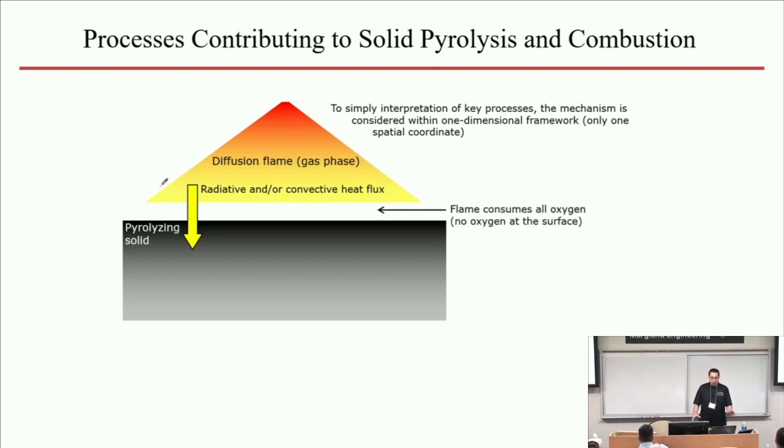As I work through this framework, the assumption I'm going to make is that we're focusing on the processes that occur when the flame covers the solid surface. That means these processes are effectively anaerobic, because a continuous laminar diffusion flame consumes all the oxygen before it can reach the surface. That's not true for the part of the process before ignition, and it's also not true after the flaming combustion stops. But that is going to be the focus of a separate presentation.